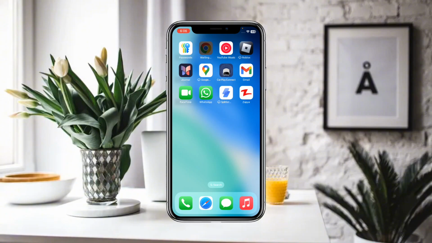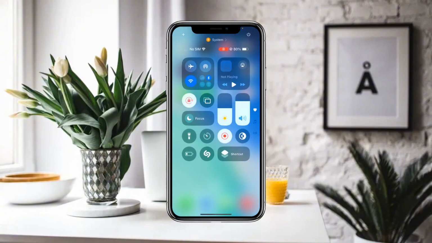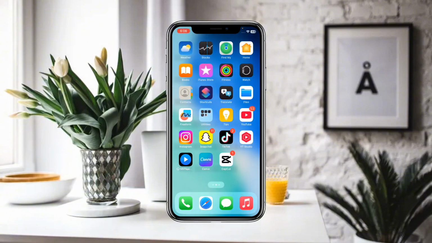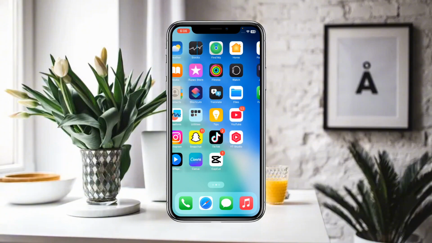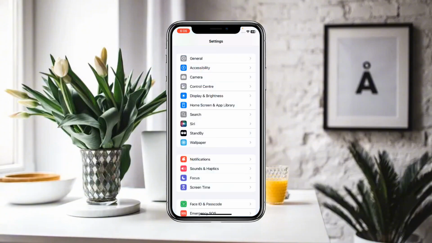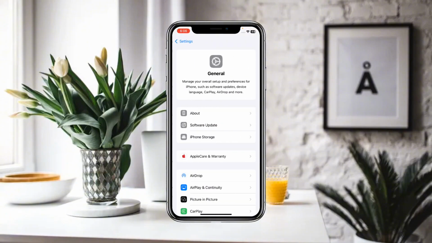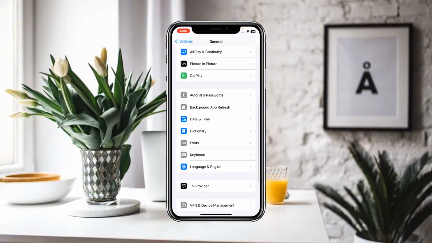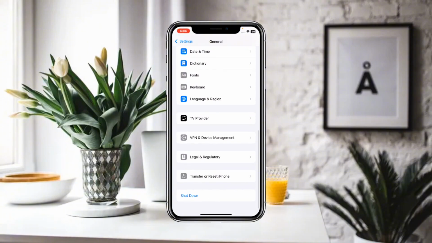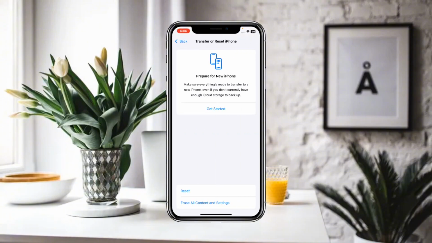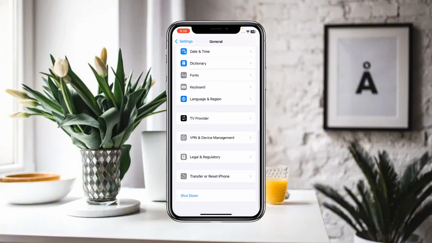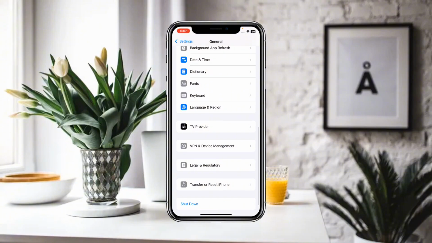So first of all, you have to make sure that you are connected to a proper Wi-Fi and internet connection. And after that, what you have to do next is go to settings, and this time you have to go to general, and after that scroll down until you find the option of transfer or reset iPhone, and here you have to click on reset, and reset all of your network settings. Now, if you want to search for fonts,